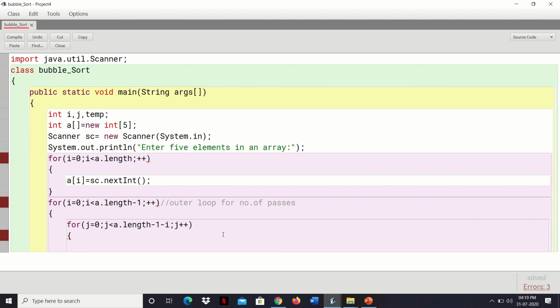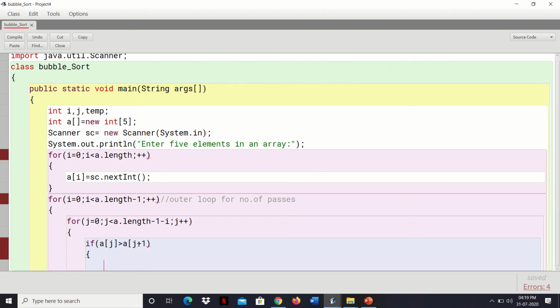Inside this inner loop, we'll write the logic: if a[j] is greater than a[j+1], that is, adjacent elements are checked.